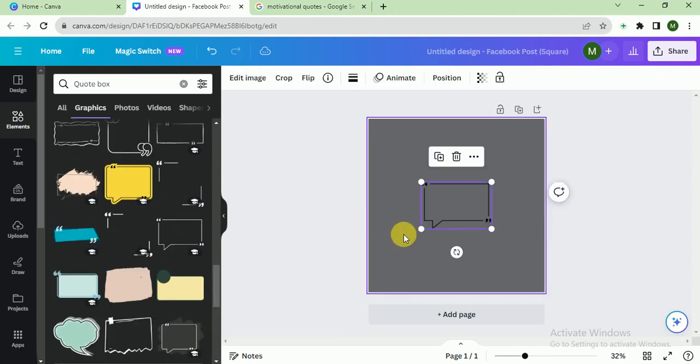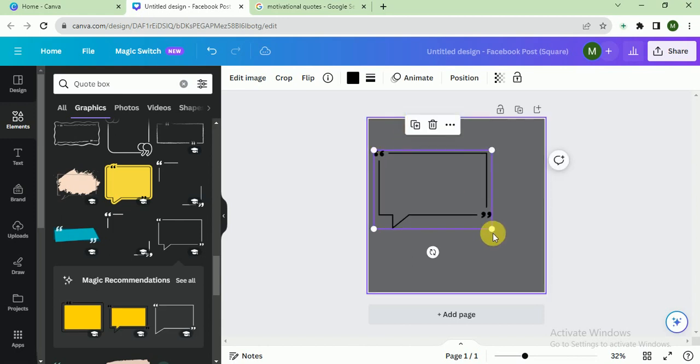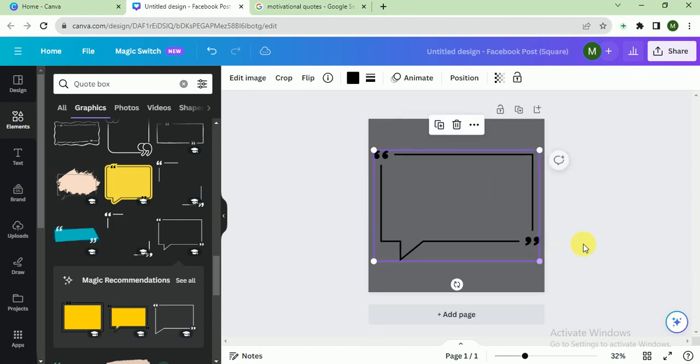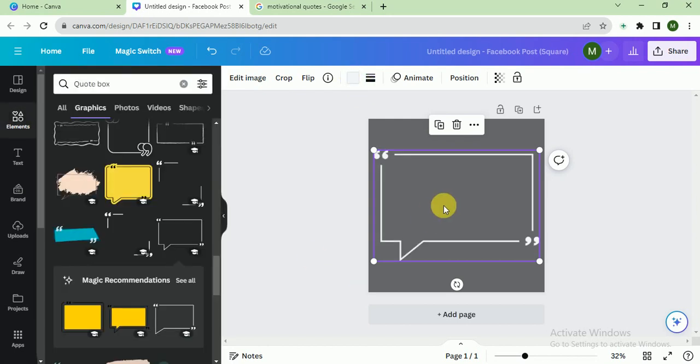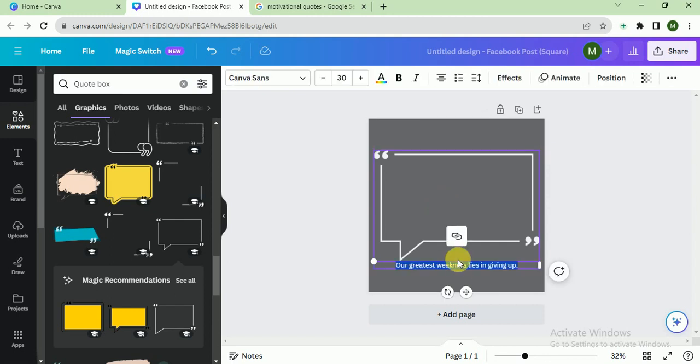I think this one is good. So I must change the color. Yeah, it looks good. Now paste my quote,